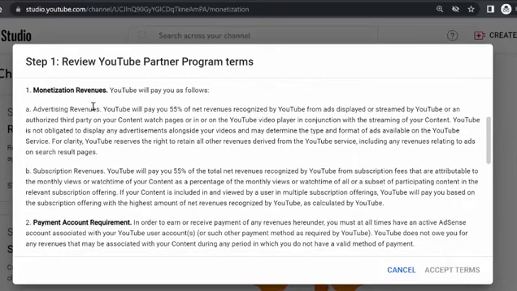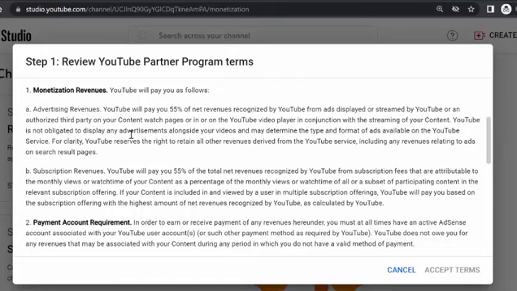Monetization revenues. YouTube will pay you as follows. Advertising revenues. YouTube will pay you 55%. That's very useful. 55%. So that means they get 45%. Wow. 55% of the net revenues recognized by YouTube from ads displayed or streamed by YouTube or an authorized third